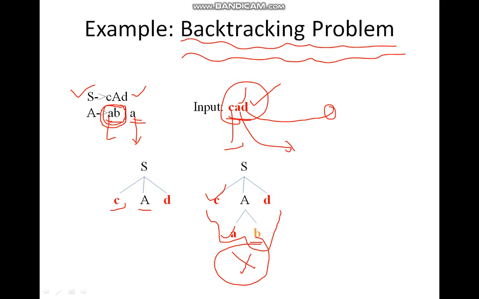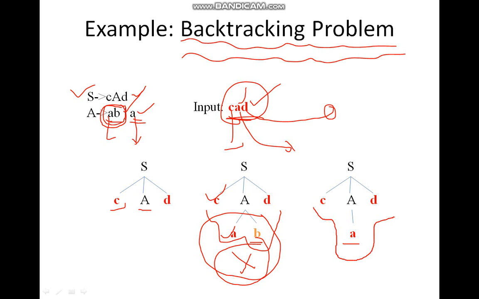So the compiler will backtrack to the place where it had opted for the current alternative, and the current alternative it had opted was ab. So what would happen? At the place of ab, the compiler will backtrack to the point where it opted ab, and it will use the other, that means the available alternative, that is a. Okay, now you can see we are having cad and again we are having cad. In this way you can generate cad.